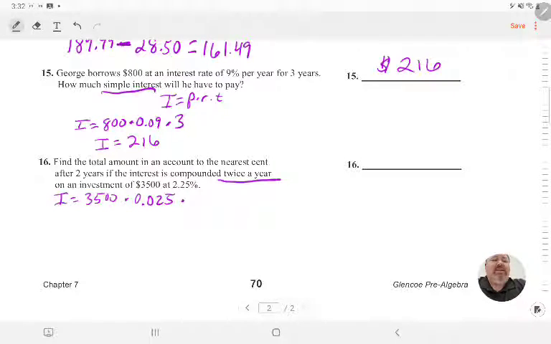Now, normally when we did compound annually, we did 1 because it was annually. This is twice a year. So twice a year would be a half a year or would be 0.5. And when I multiply those 3 together, I get